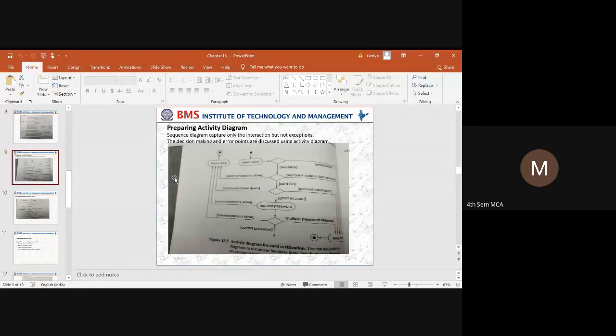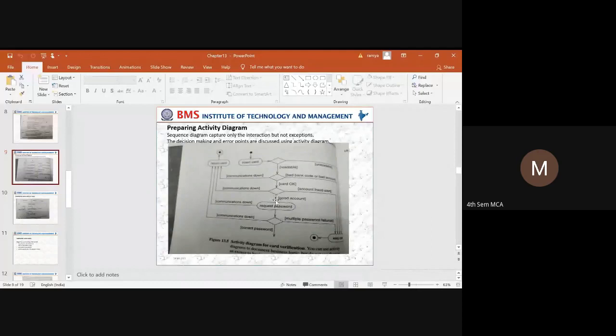Okay, we have an initiation. After the initiation, the first thing is the card has to be inserted. This rhombus or diamond symbol indicates the verification. Once a card is inserted by the user, if it is readable, then it will go to the next process. It has to go for verification of the bank code. If the card is okay, then what happens?